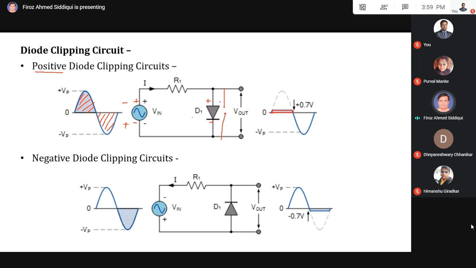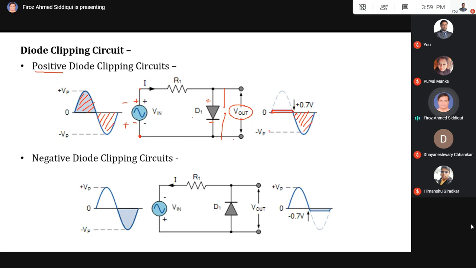So this is the open circuit, so this output voltage V out will be the voltage which is at the input. Because we are measuring the output voltage across this only, अगर ये open हो गया तो we are measuring the voltage across these two terminals. So that means the input negative half cycle will come as it is in the output. So at the output we will get this negative half cycle.